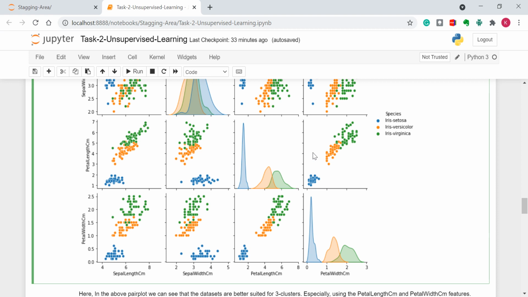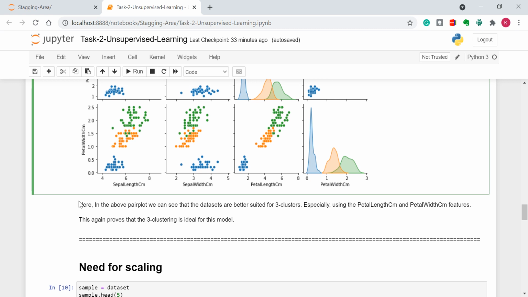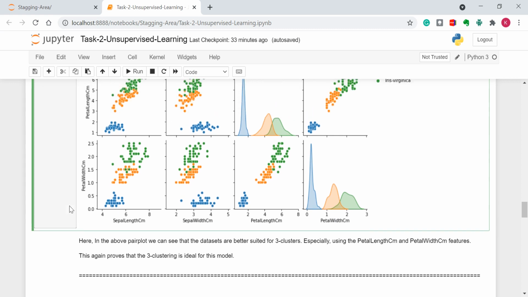When we are plotting the petal length versus the petal width, the model gets clustered into three. Here in the above pair plot, we can see that the data set is better suited for three clusters, especially using the petal length and petal width features. This again proves that three clusters is ideal for this model.